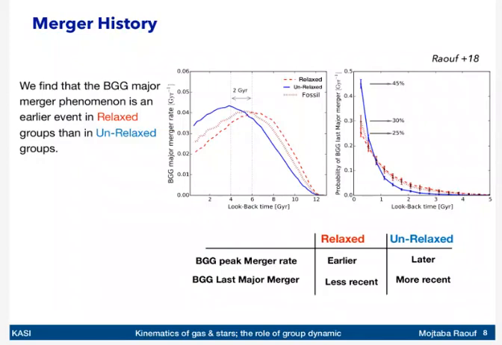That's the time we need for the persistence of the misalignments between the gas and the stars. And also, we have a higher fraction of recent major mergers, less than two gigayears ago, for the unrelaxed BGG compared to the relaxed one. So such a motivation led us